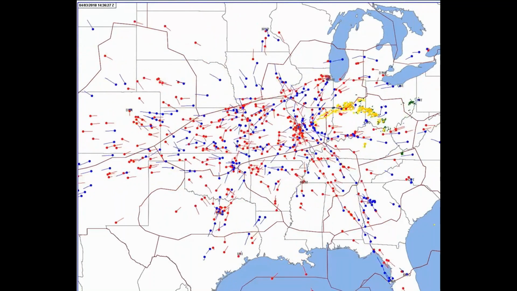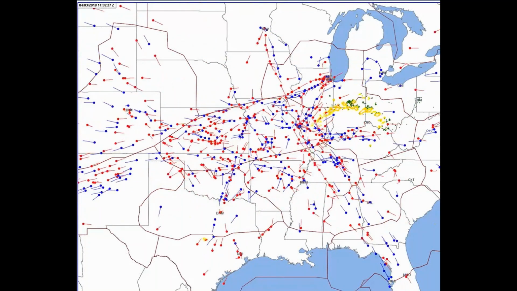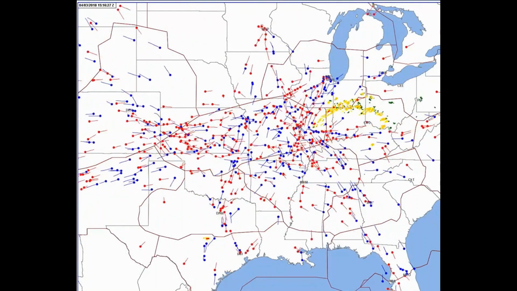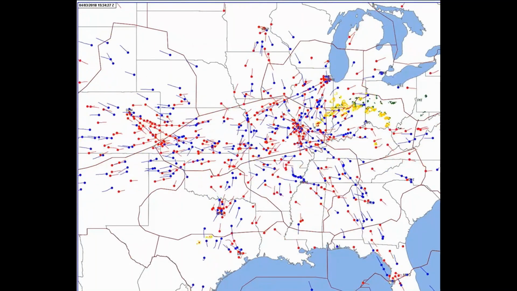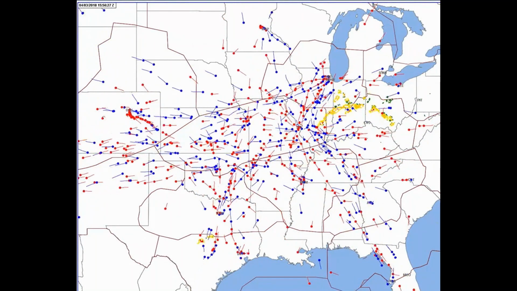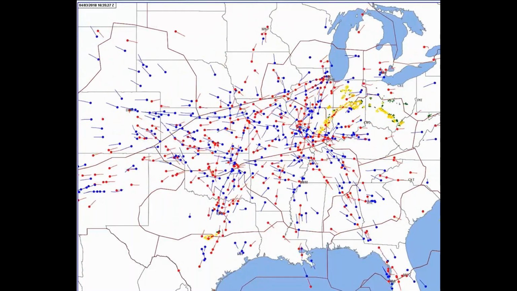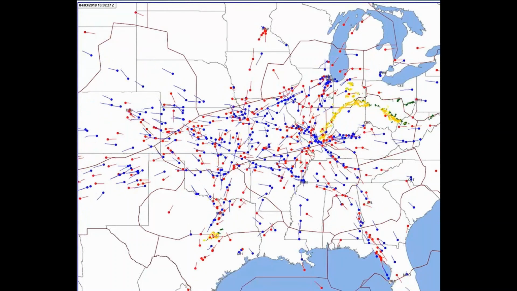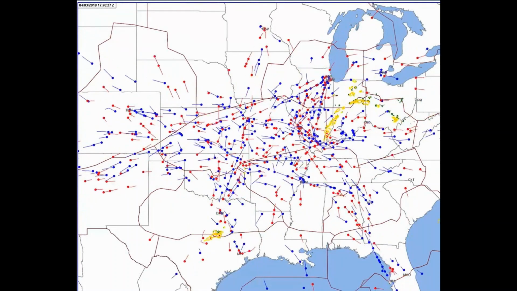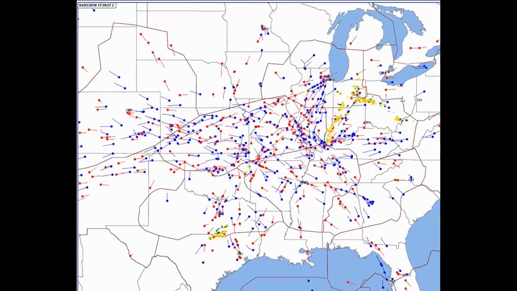So even though it looks like we don't have any weather and it should be fine, it's really when we have weather around our boundaries and around our edges that can be the most problematic. So even though in Kansas City Center we don't have an O'Hare or a Denver inside of our center, we are feeding air traffic to the larger hubs, and it can get very crowded and very busy during thunderstorm season.